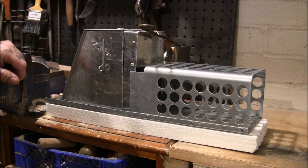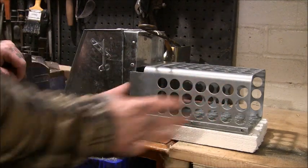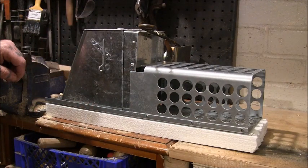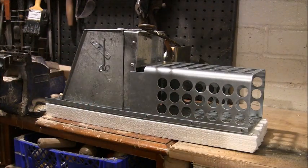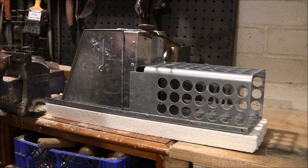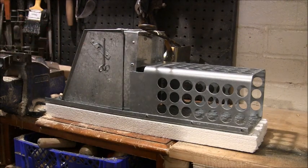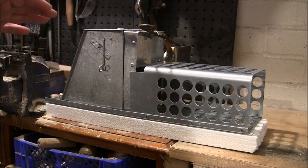So anyway, yeah, so Kania 2000 trap. It's set at the minute, and I'll take this part off as well, and I'll show you how to set it and everything. So I've been borrowing this one for a while, giving it a go. I'll tell you what, it is an absolutely brilliant trap. They're fairly expensive, but setting wise, they're absolutely excellent, and how they get the squirrel is good as well,